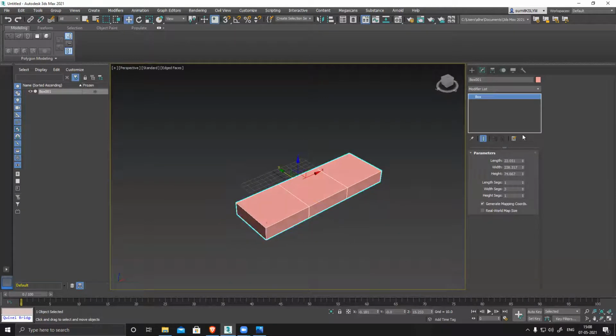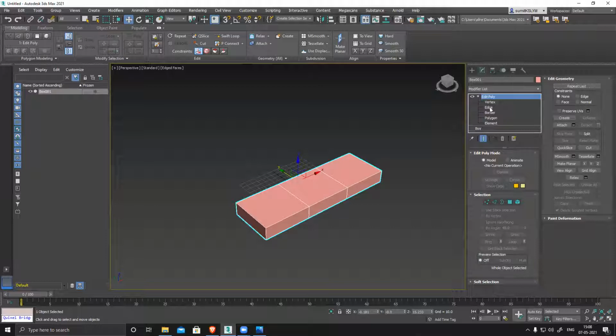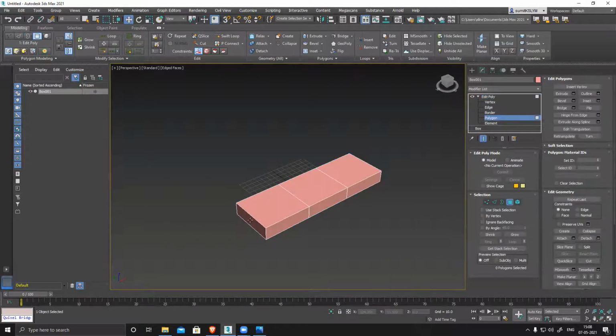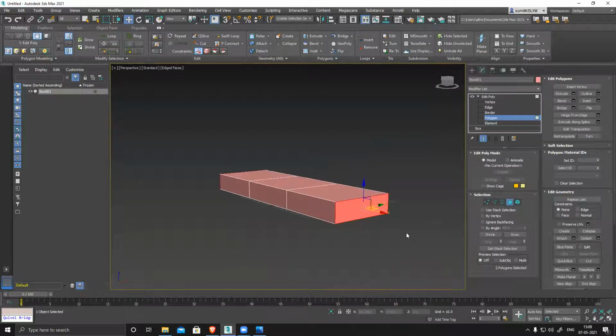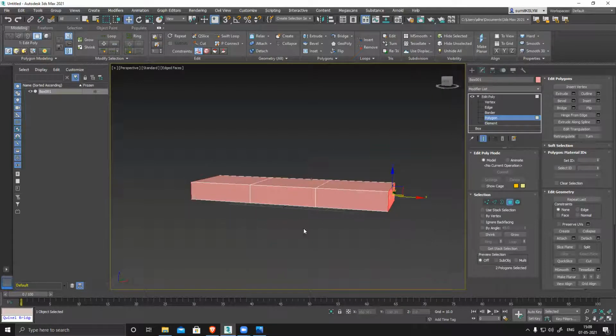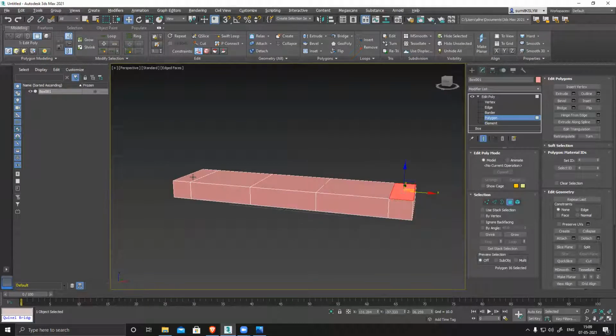Okay. So now I'll apply edit poly, go to face mode, polygon mode, this one and this one together. Because I'm going to extrude this section, so if I use this, both the sides will be even, or I can symmetry it later also, but I will use this. So it's even. Now select these two, again extrude.